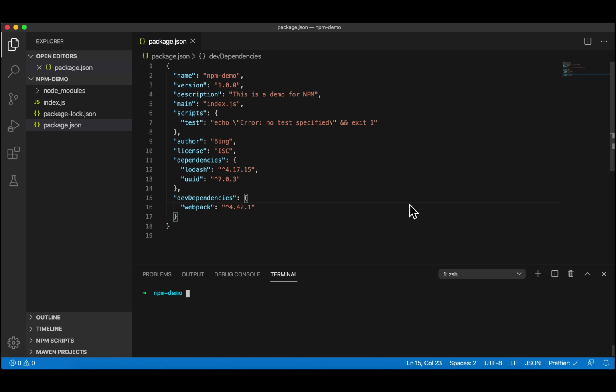Next, I'm going to talk about the file called package-lock.json. Once you use npm install, this file will be generated for you automatically. So why do we need this file? If you take a look at package.json, right now we're using Lodash